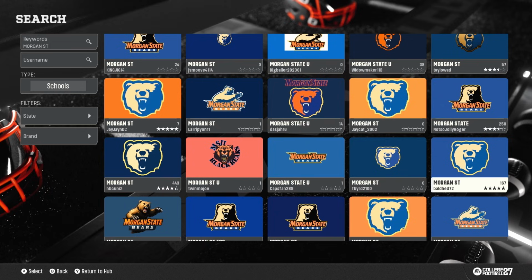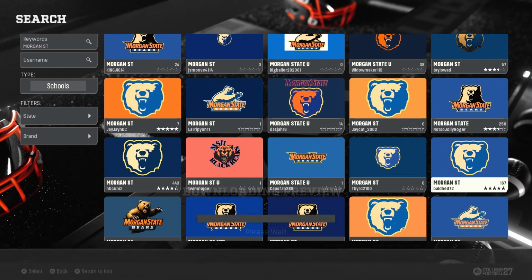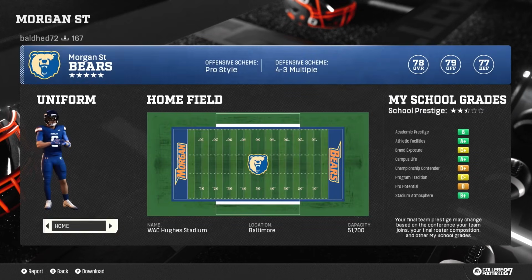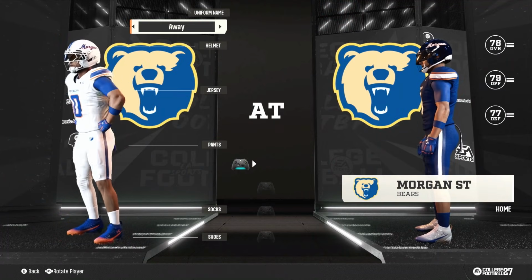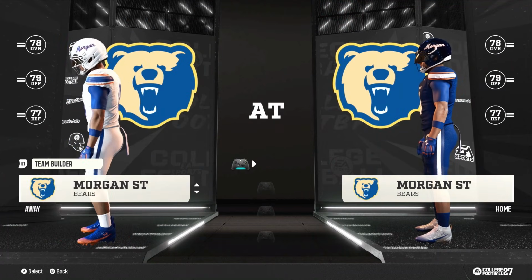And it's pretty cool that you can look at the teams without downloading them by hitting the preview button. And when you hit the preview button, it shows you the overview of the field as well as the uniform options. It also shows you the ratings of that team, as well as the team prestige, which may be a determining factor when you're selecting a team to play a dynasty with. And once those teams are downloaded, you can go back to your home screen and check them out in the Play Now menu. And with that being said, let's jump right into these HBCU team builder teams that I selected